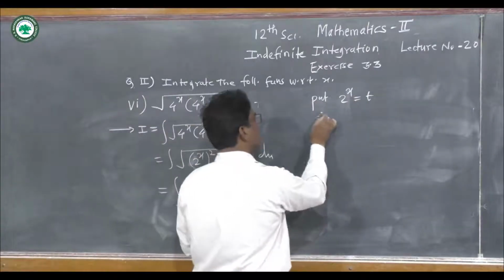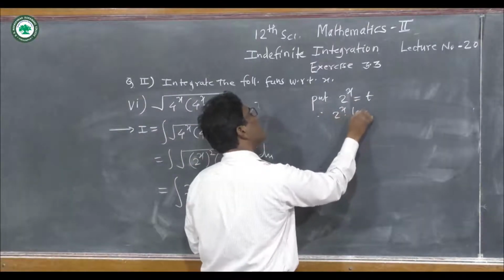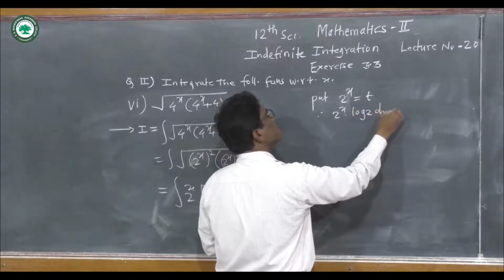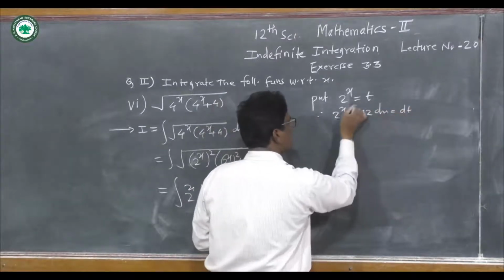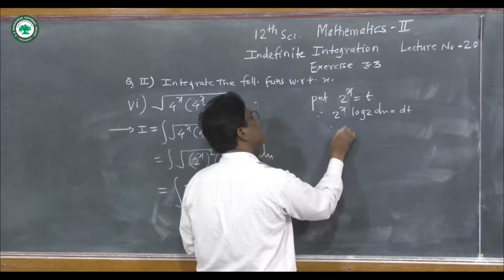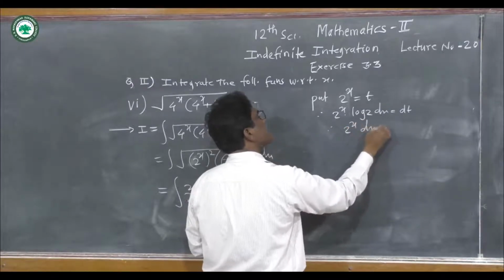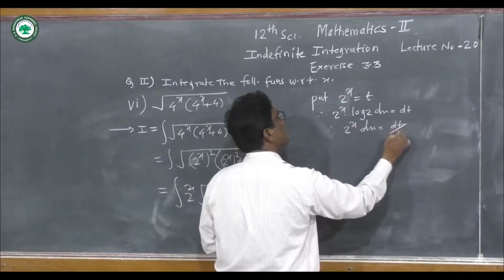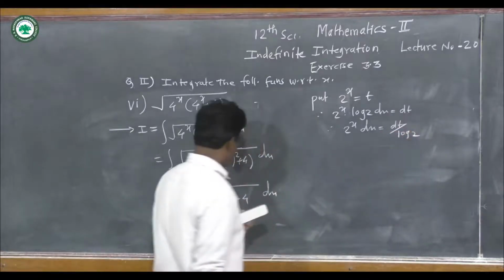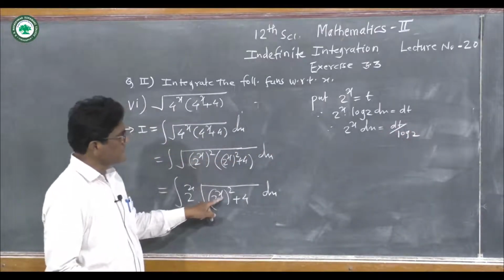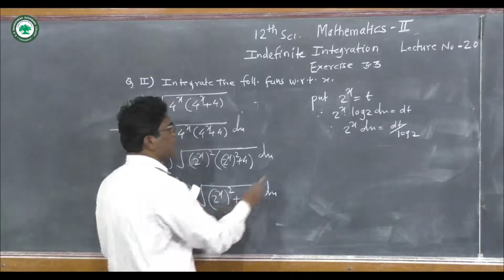And therefore 2 to the power x into log of 2 dx is equal to dt. Now carry this log of 2 on the right hand side, therefore 2 to the power x dx is equal to dt upon log of 2. Get it? We put here 2 to the power x as t, and therefore